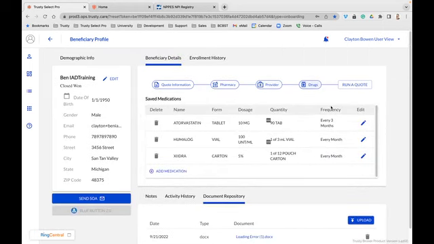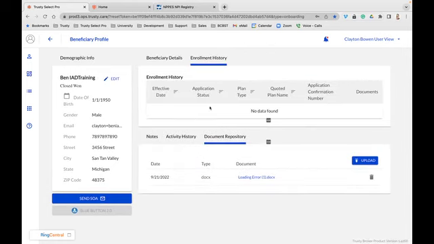And then running a quote. Once you enter in that information, just run a quote and then it will take you in there. This enrollment history is going to be tied to the direct enrollment. So as you go through and have that application completed, then that will save up right here in the enrollment history. So 2 years from now,